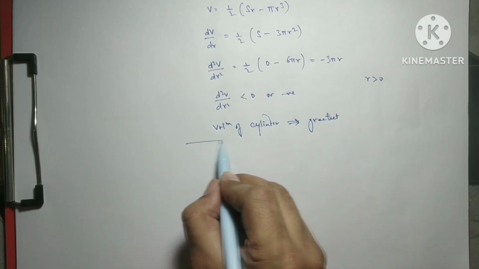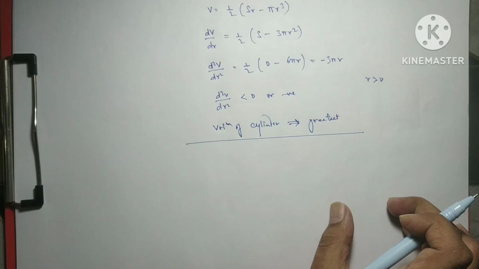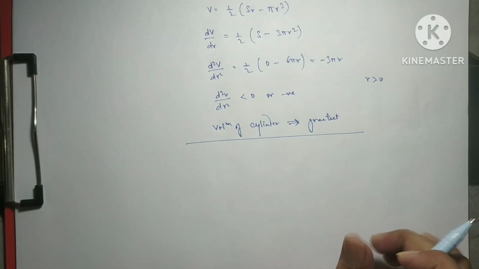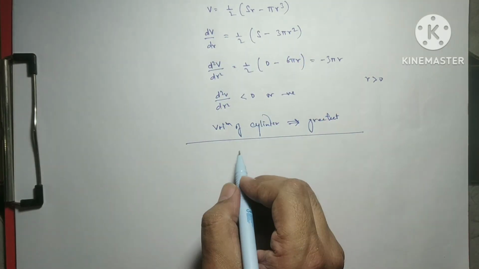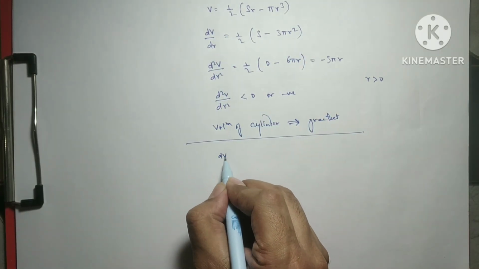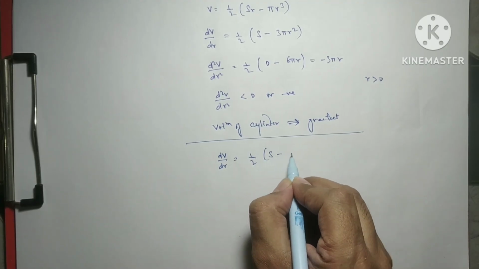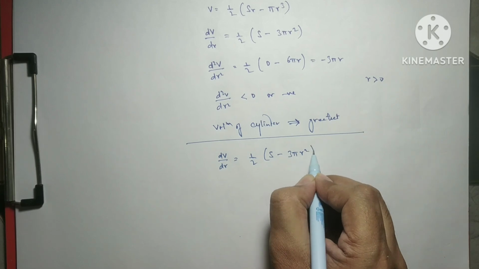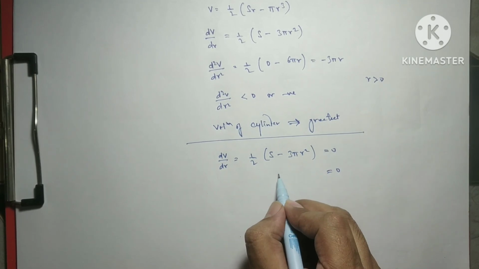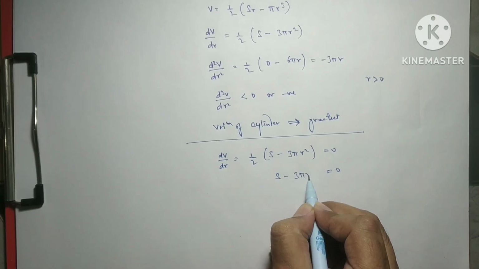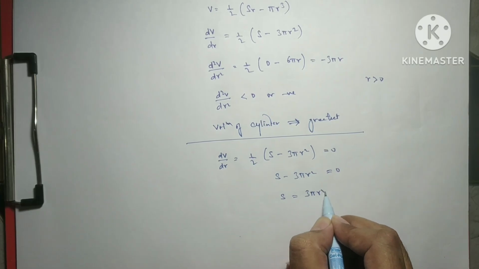So one more thing, we want to show the height of cylinder should be equal to radius of cylinder of its base. So for this we will place the first derivative equals to 0. So dv over dr, that is half s minus 3 pi r square equals to 0. So 2 comes here and it is 0. So s minus 3 pi r square, so it is s equals to 3 pi r square, and s is